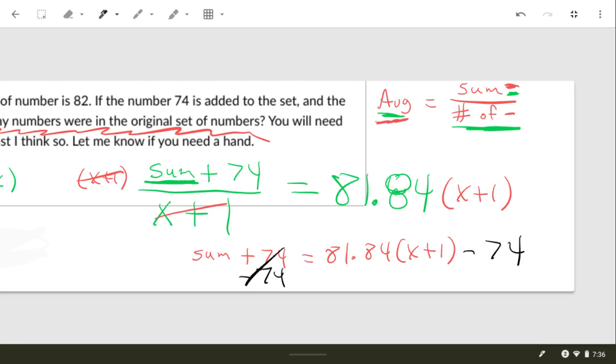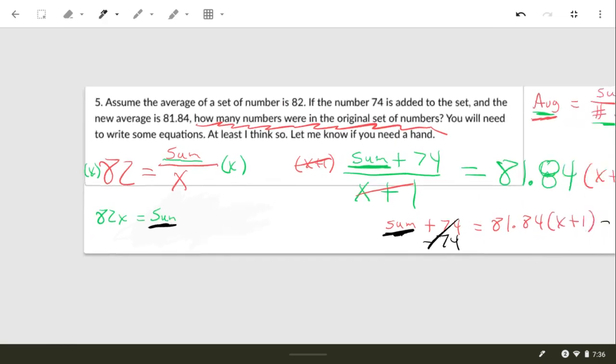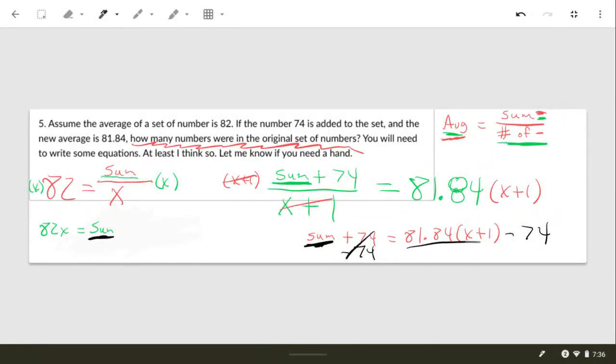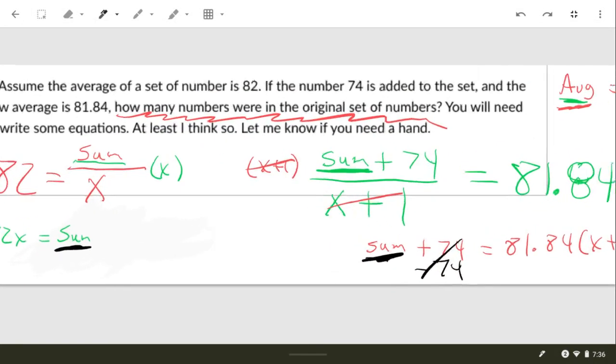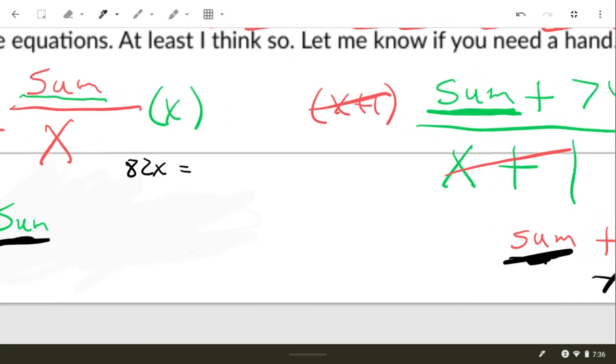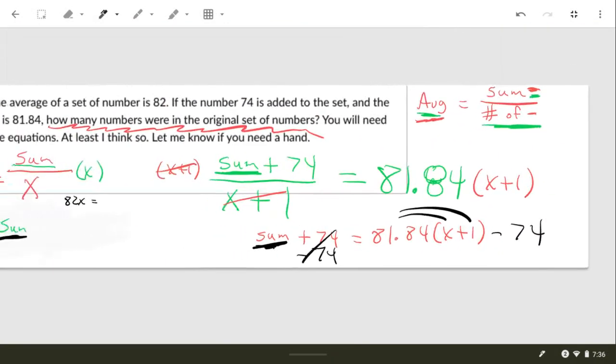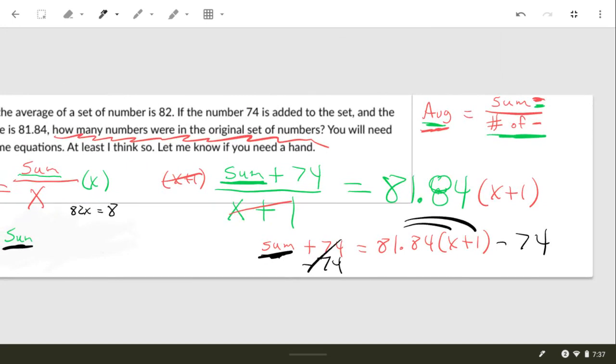Now notice you got the same sum is equal to this right here. And over here, you got the sum is equal to 82x. So because they're both equal to the same sum, you can set the 82x equal to this part over here. All right, let's go ahead and do that. We're going to have 82x is equal to, and I'm going to go ahead and distribute here, 81.84x